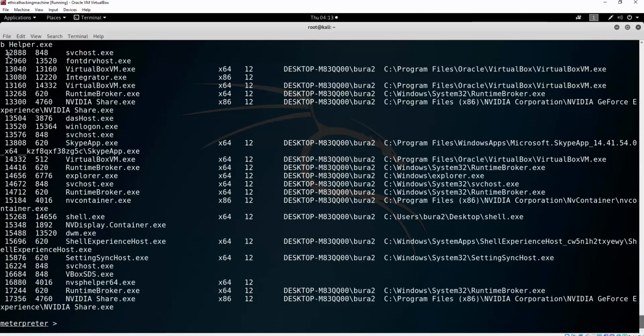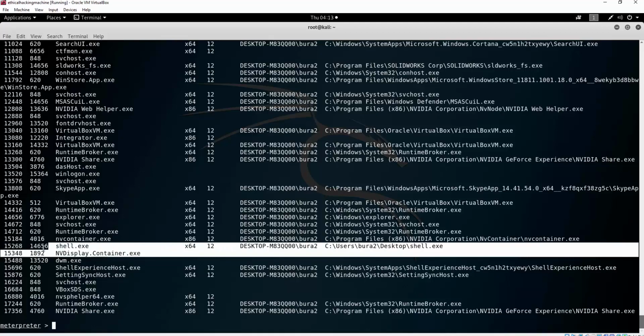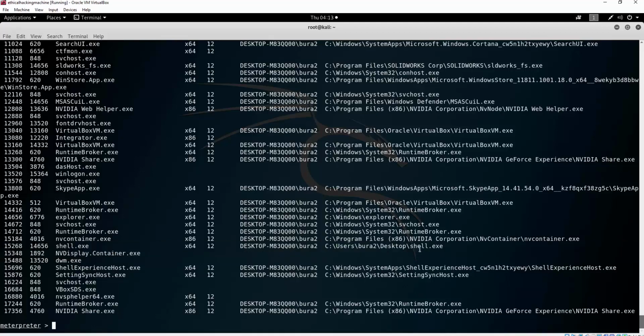in the machine. So in the Windows 10 machine, let me just zoom out a little bit so it gets a better printout. So we can see our process is right here. So here it is, pardon me, not the NVIDIA container, this one. So this is the process of our shell. Now,